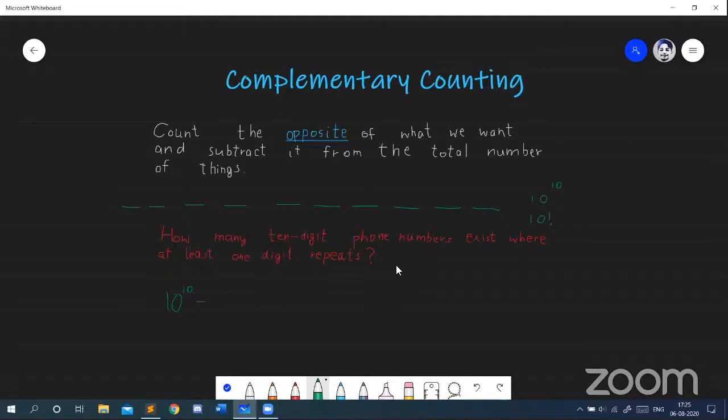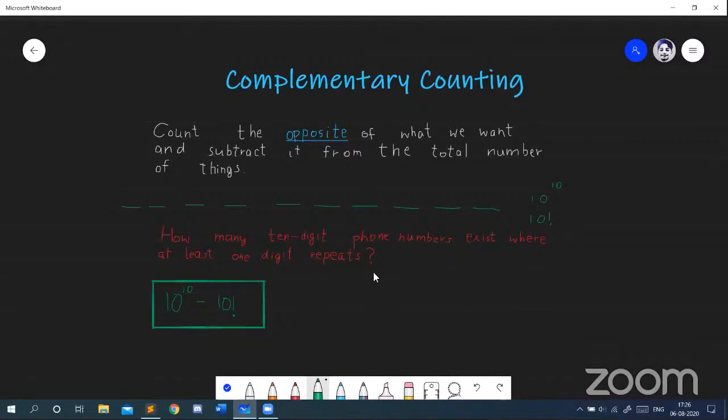At least one is just another way of saying that some digits repeat, right? And that would just be the opposite of the case where no digit repeats, and that's why it's 10 to the 10 minus 10 factorial, right? This is the basic idea behind